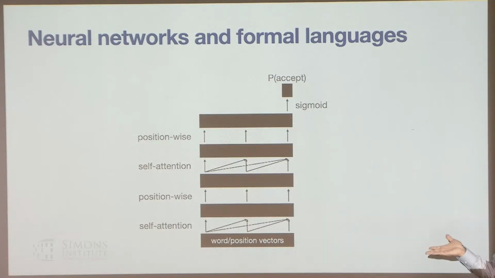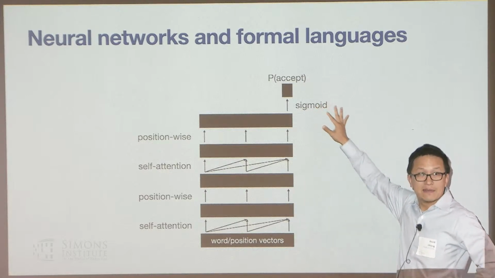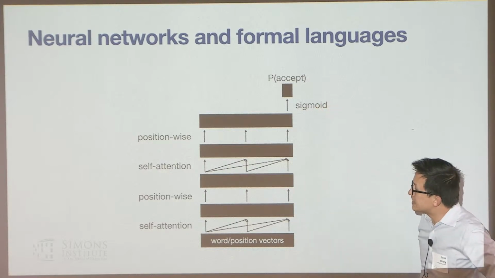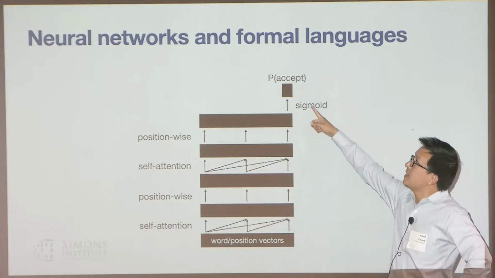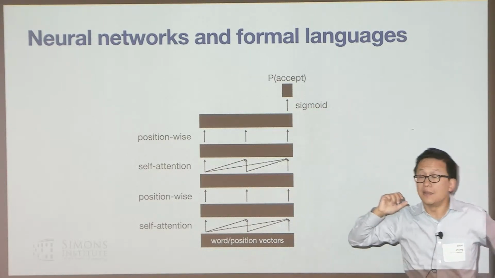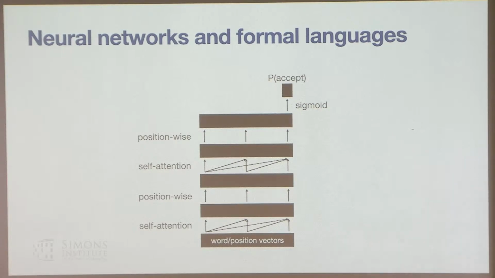You could think of this as an encoder-only model, like a BERT-style classifier where that's the binary classification, or you could think of this as a decoder-only model where this is the prompt and you have to immediately produce the next output symbol, which would be like a yes or a no. Crucially, we're not considering any intermediate steps or chain of thought here. All right, does that make sense?